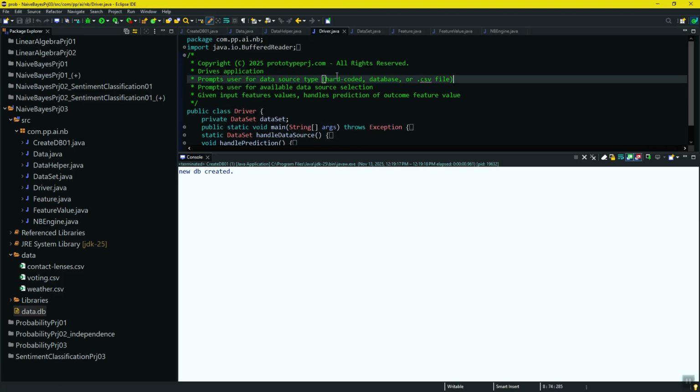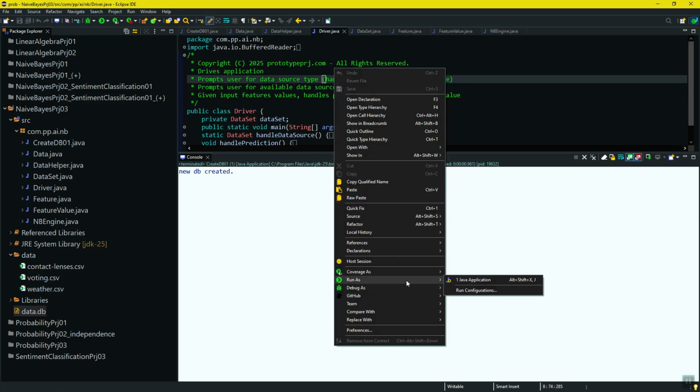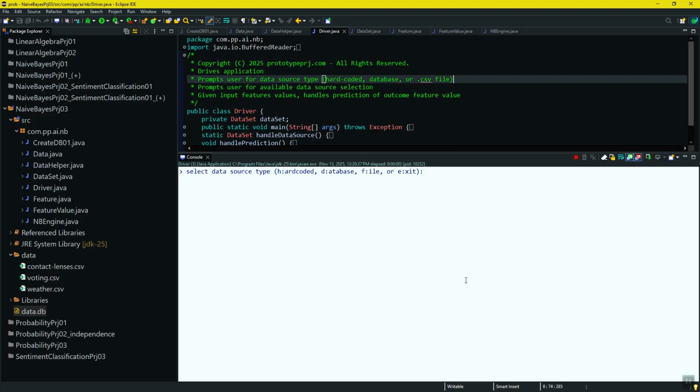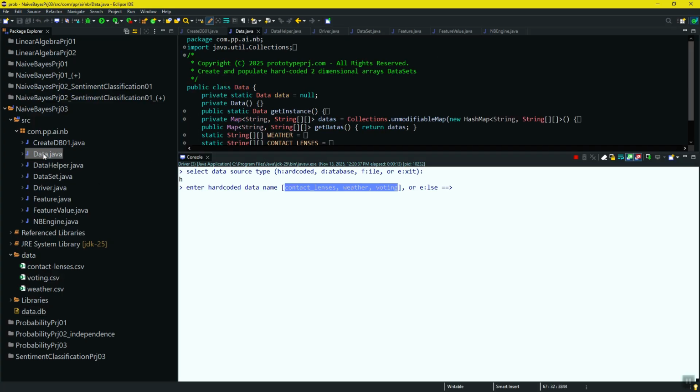Next, let's go ahead and run the application, and this is hard-coded data. So coming from here,